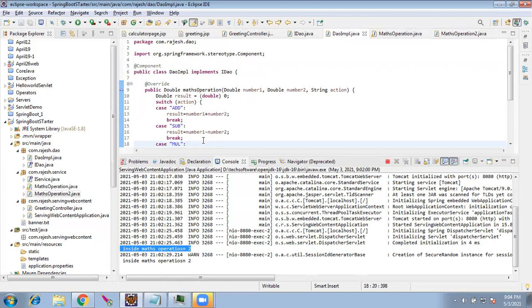Could you please repeat the last statement, Rajesh? Day 1, Java: from the main program, we called the service using the new keyword. From the service, we called the DAO using the new keyword, and we returned back. Today, we are using the same flow. From controller, we are calling service without the new keyword. From service to DAO without the new keyword. That's all. We achieved the same logic which we did on day 1 today without using the new keyword.